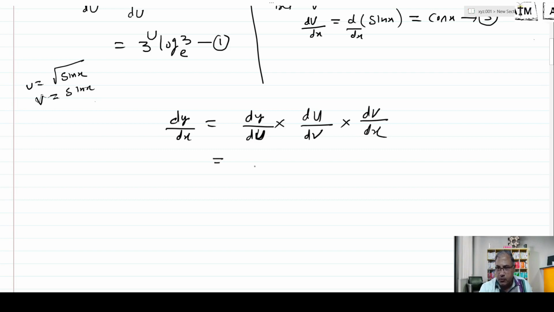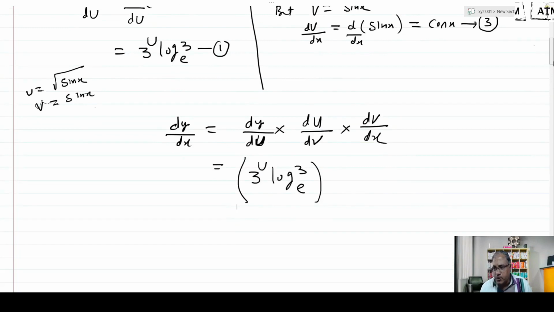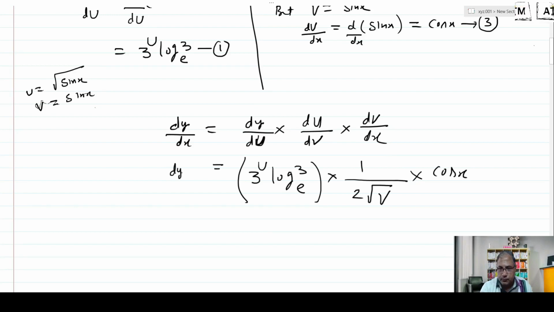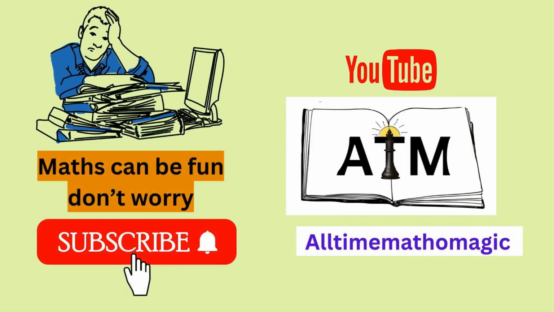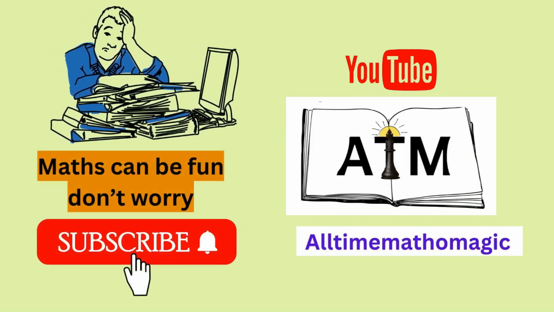So dy by du is nothing but 3 raised to u log 3 to the base e, and du by dv is nothing but 1 upon 2 root v, and dv by dx is nothing but cos x. Now arranging properly,